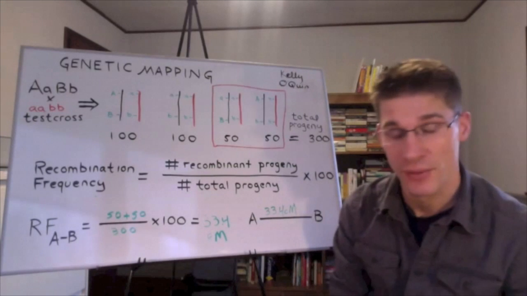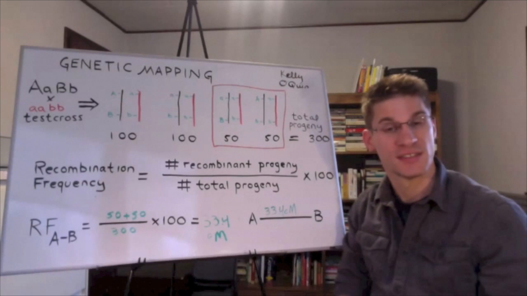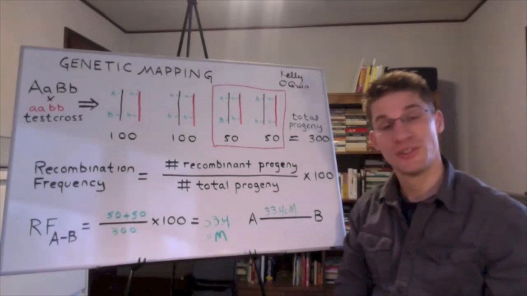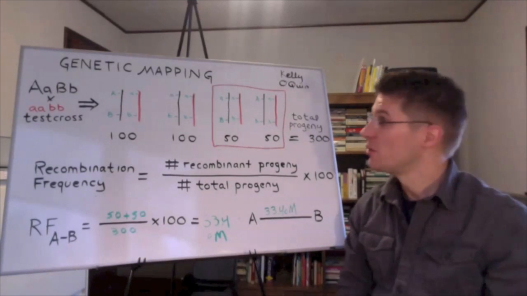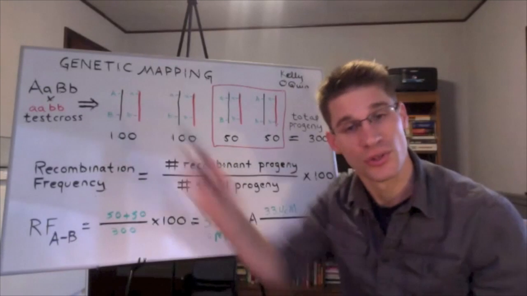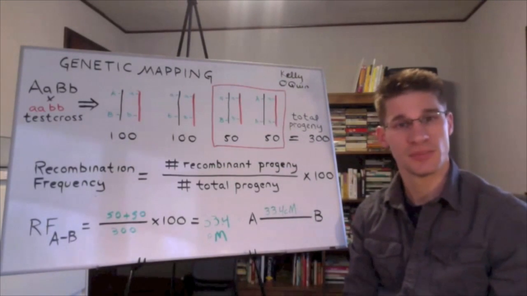The centimorgan was named after Thomas Hunt Morgan, a famous fly geneticist, and it was named by one of his undergraduate students. This student, while still an undergraduate, did exactly what we've done on the board. He produced a test cross for 2 traits, estimated the frequency of recombination between those traits,